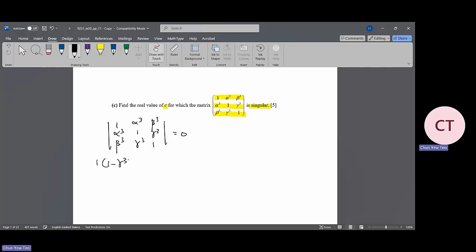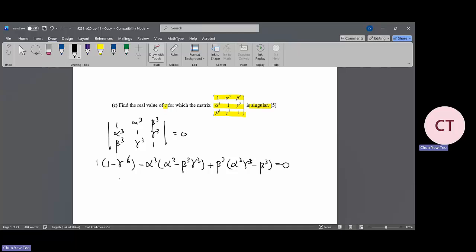Like this, power 6, this one is minus alpha cube, and alpha cube minus beta cube gamma cube plus beta cube alpha cube gamma cube. This one is minus beta cube